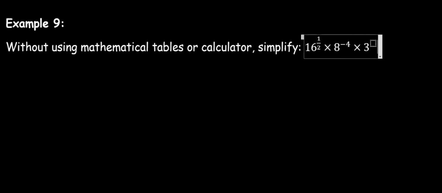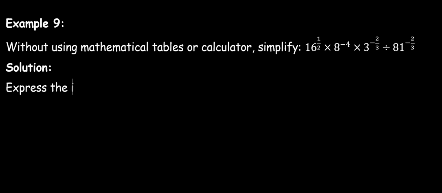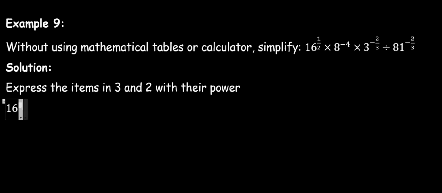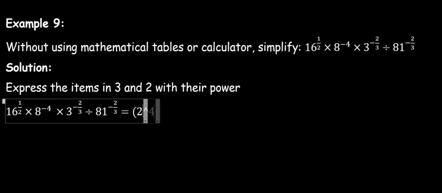Another example. Without using mathematical tables or calculator, simplify 16 raised to power half times 8 raised to power minus 4 times 3 raised to power minus 2 over 3 divided by 81 raised to power minus 2 over 3. Solution. Express the items in 3 and 2 with their power. Thus, 16 raised to power half times 8 raised to power minus 4 times 3 raised to power minus 2 over 3 divided by 81 raised to power minus 2 over 3 will be equals to 2 raised to power